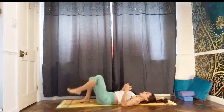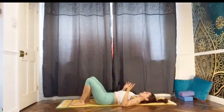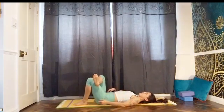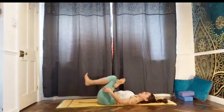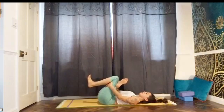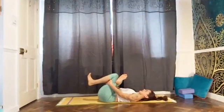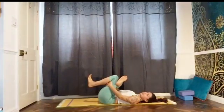Uncross your legs, give your bent knees a shake, and we'll do exactly the same thing on the other side. So crossing the left foot over the right thigh, pick up, hands or strap around the back of the right thigh, and then remembering all your action points. So back of the head down, base of the spine down, shoulders relaxed, and feet active. So you're going to probably notice